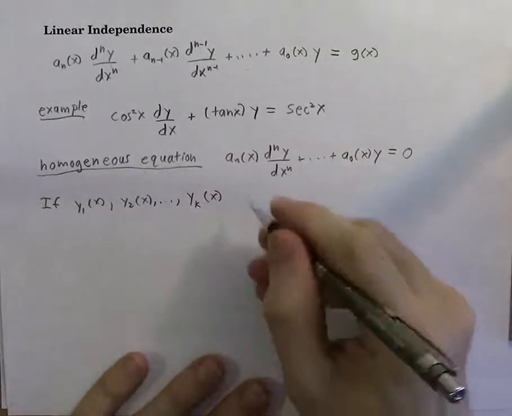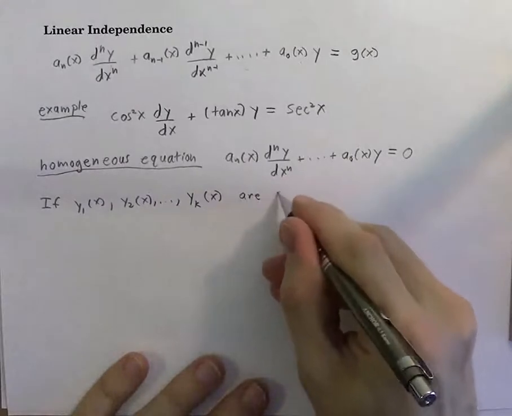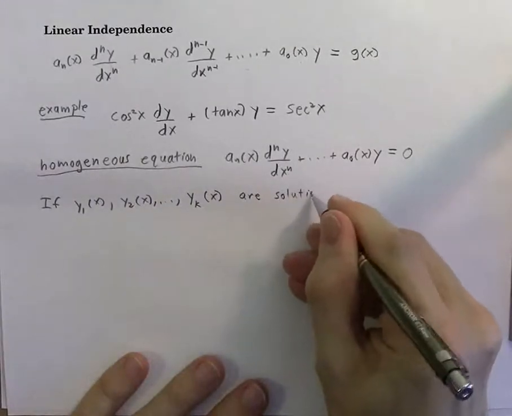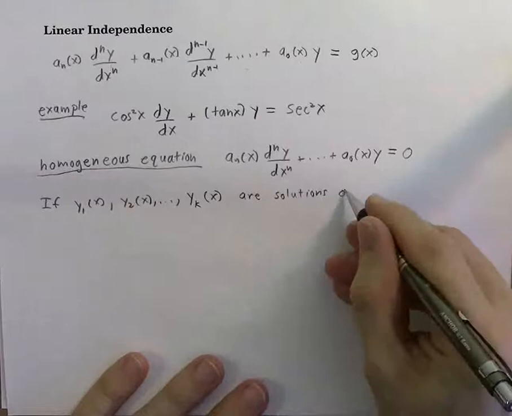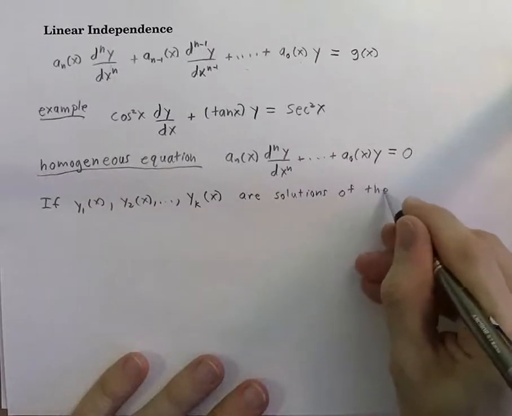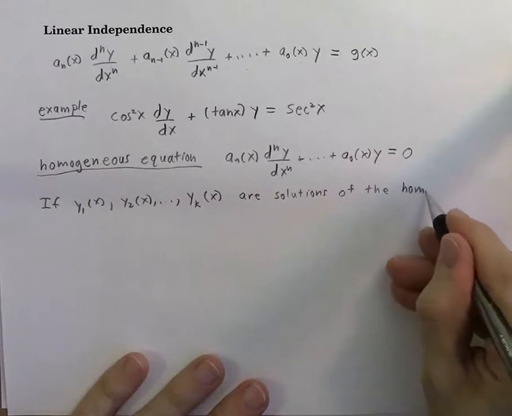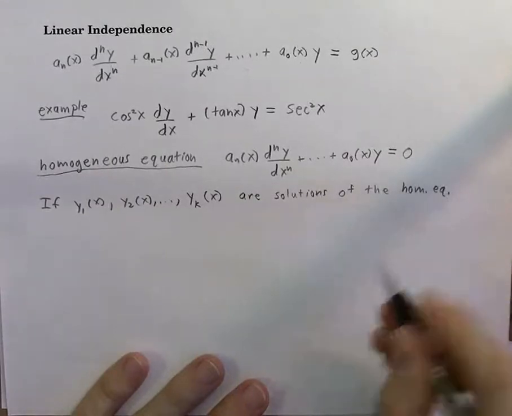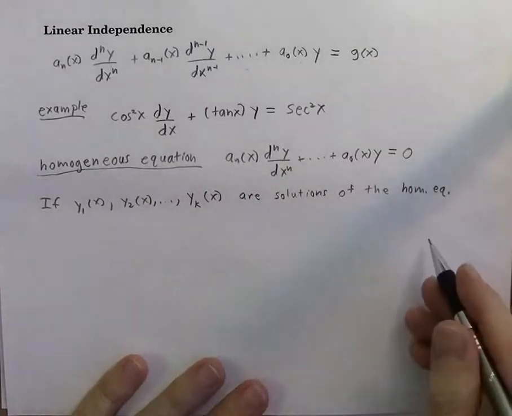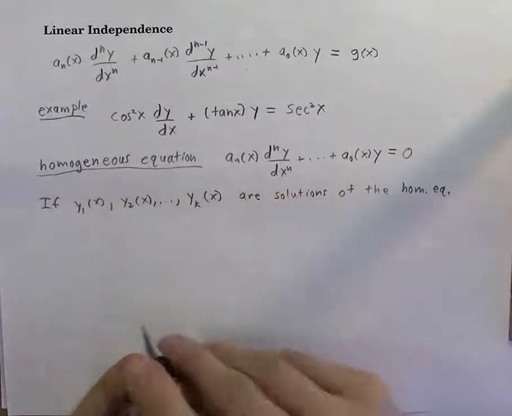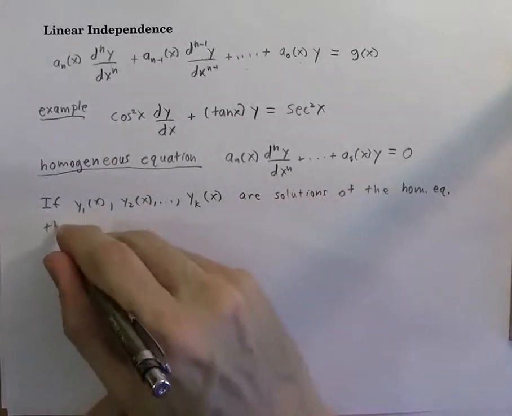So if all of these are solutions of the homogeneous equation, actually that should be a linear homogeneous equation, just as we have out here, then